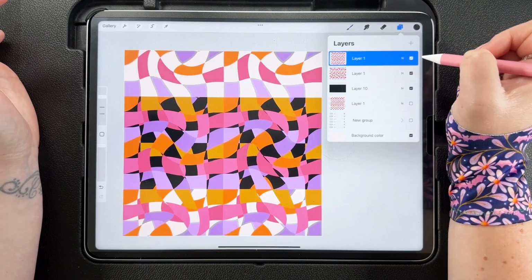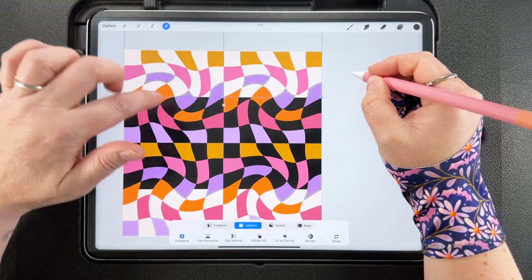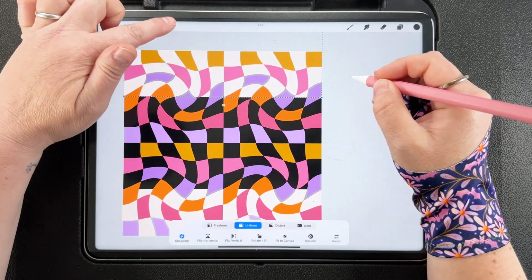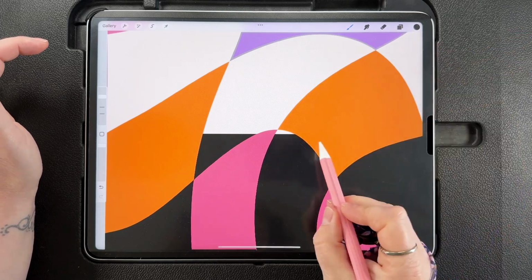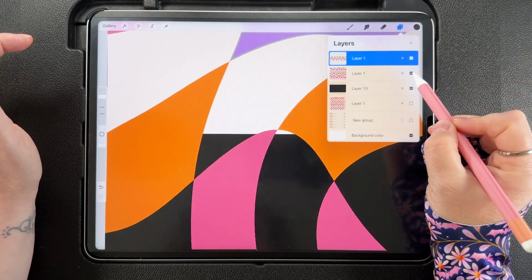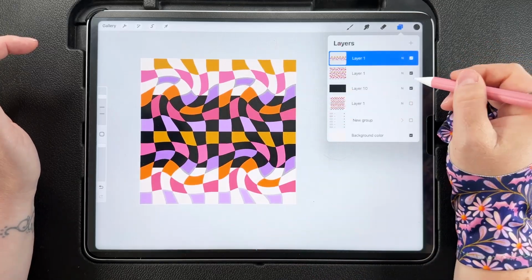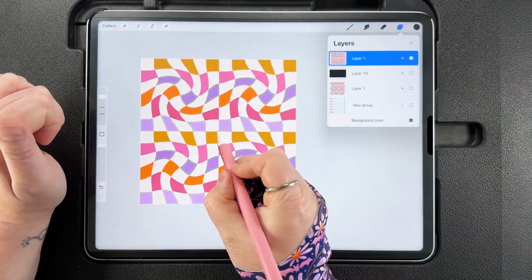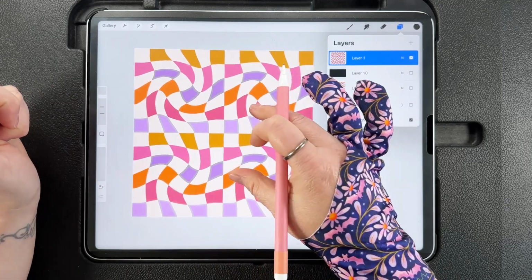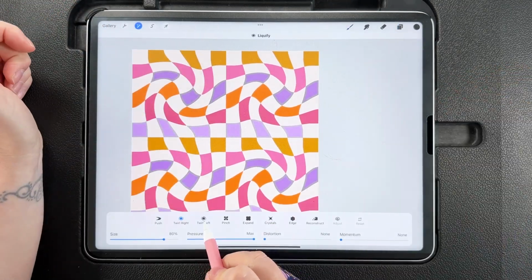Then this top one, we can re-show that one, tap to transform, and we're going to snap this to the edge of that box, and then zoom in and make sure we've got this lined up properly. We don't want to see any gaps in there. That's looking okay. So we can hide this marker box now, pinch those together, and now we've got this straight edge in the middle. So we can go to our liquify tool, and I'm going to change it to twirl